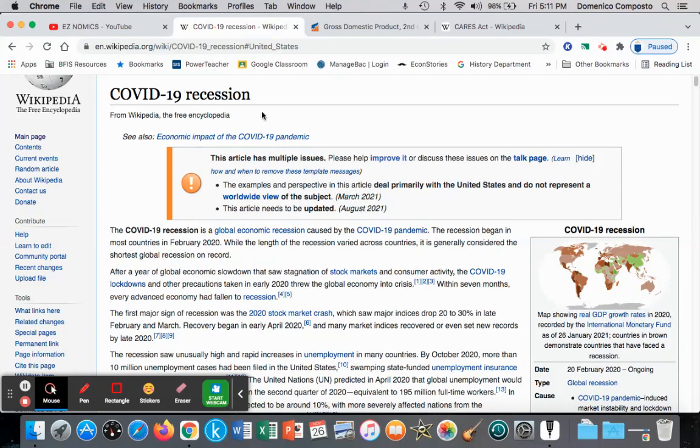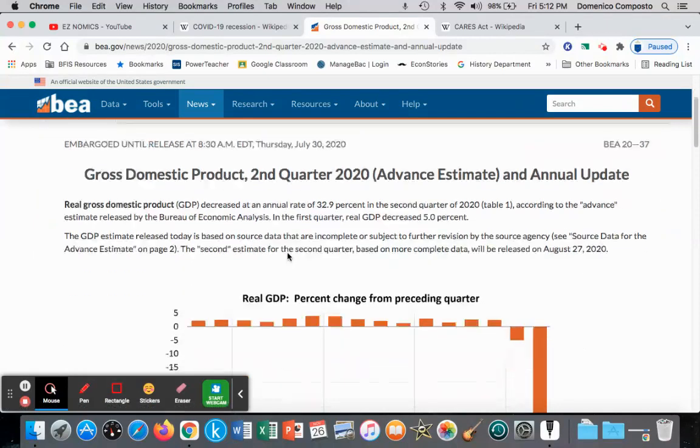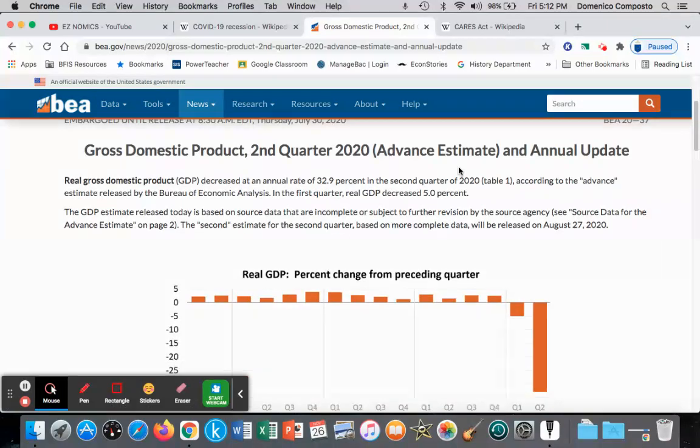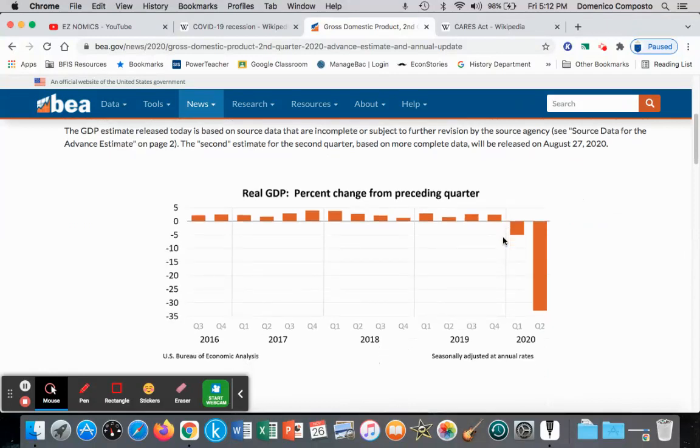Our applied example is going to be looking at the impact of the COVID-19 pandemic on the US macroeconomy. This was a global recession impacting nearly all, perhaps definitely all nations, but we're going to look specifically at the United States. We're going to be using some information from the United States Bureau of Economic Analysis, and this is their advanced estimate for quarter two 2020, the impact on GDP of the mandated lockdown on real GDP, significant